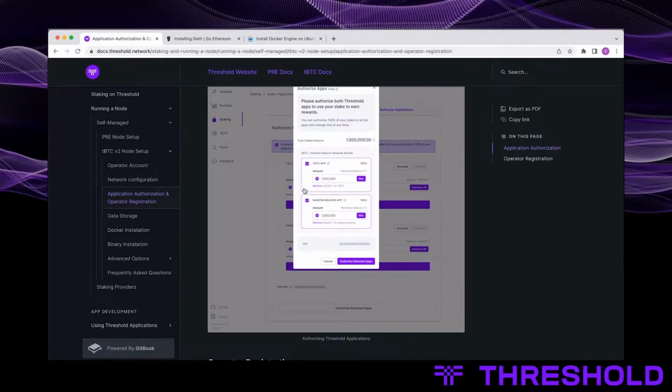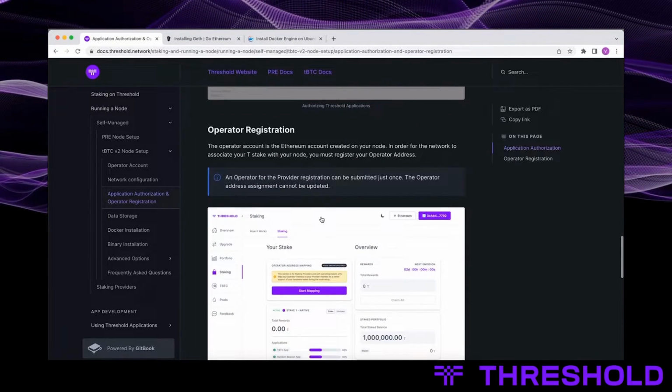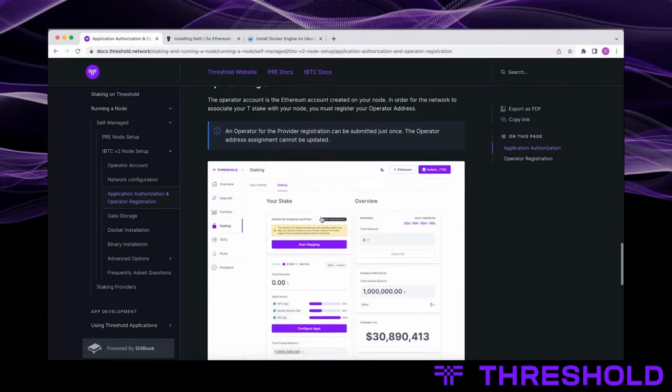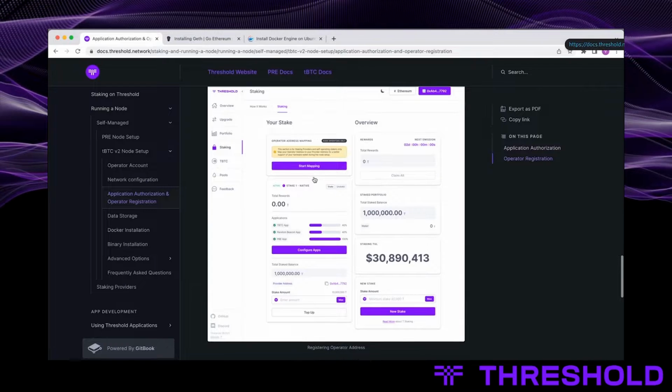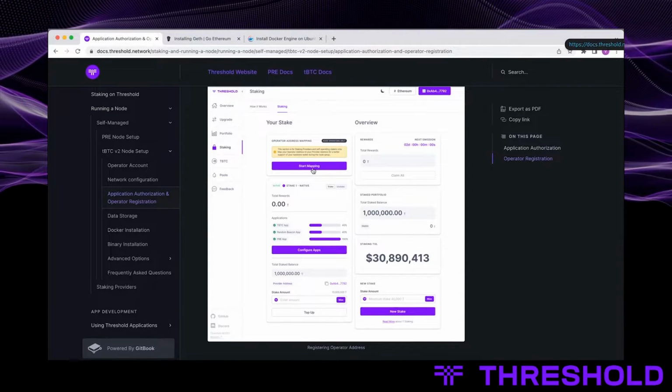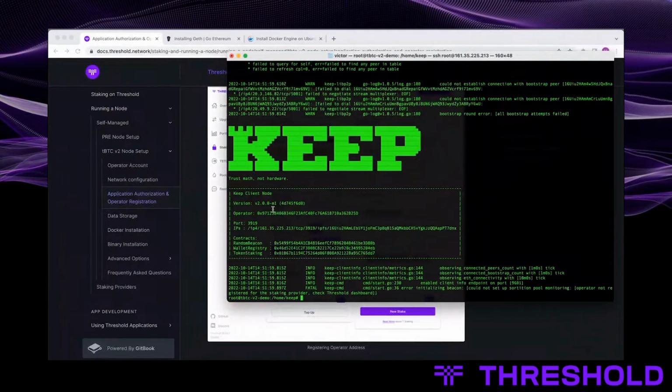And then there are the 2 transactions I mentioned. And then the operator registration right here is the part where you would map the operator address that we got, that's shown here.